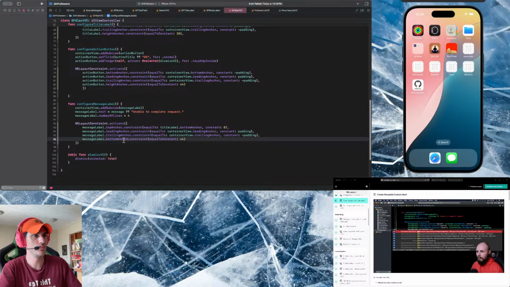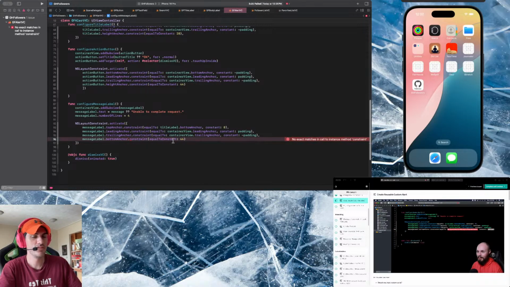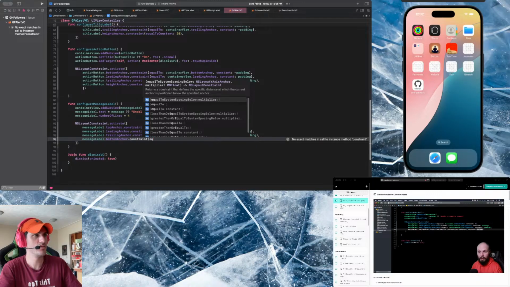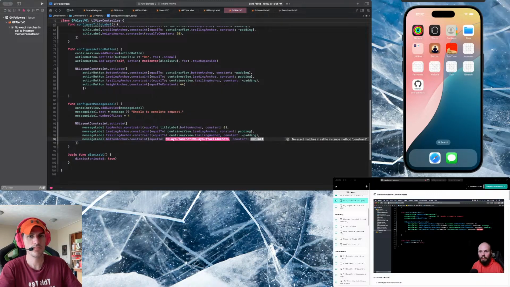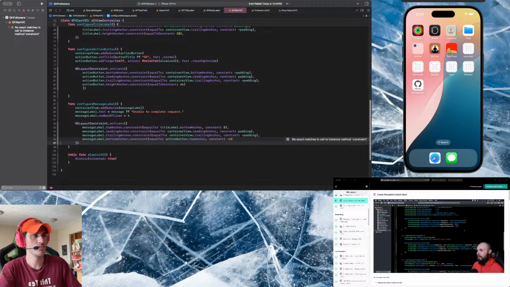Anchor dot constraint equal to, sorry, it's always tricky picking the right one. Action button dot top anchor, right? Because we're pinning it to the top of the action button. And again, negative when you're dealing with the bottom anchor, and 12 is the number that I have dialed in. And now if we call configure